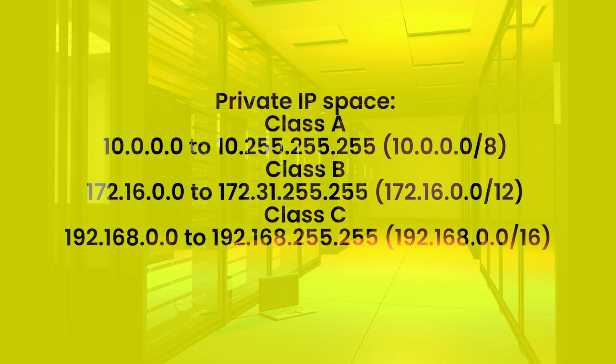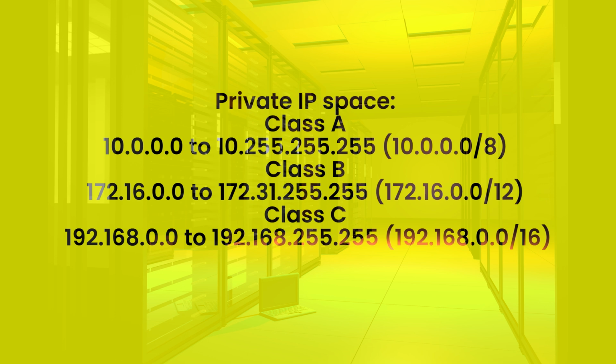There are 3 blocks of private IP spaces. They are: first, a single Class A network, 10.0.0.0 to 10.255.255.255, 10.0.0.0/8. Then, 16 contiguous Class B networks, 172.16.0.0 to 172.31.255.255, 172.16.0.0/12. And finally, 256 contiguous Class C networks,